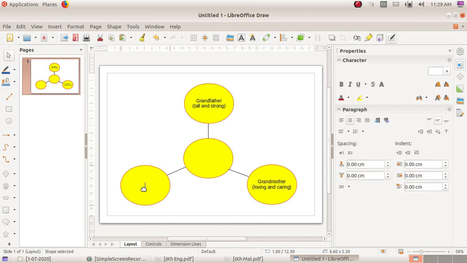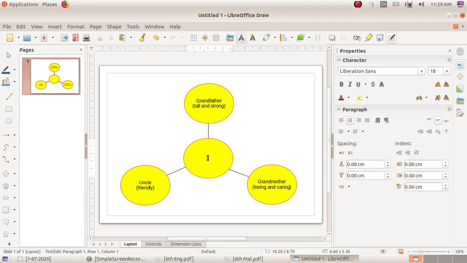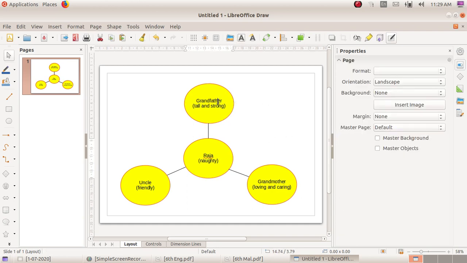Then uncle, in brackets friendly. Next is Raja, our central character. It's Raja's family. Raja is a naughty boy. Raja, naughty.